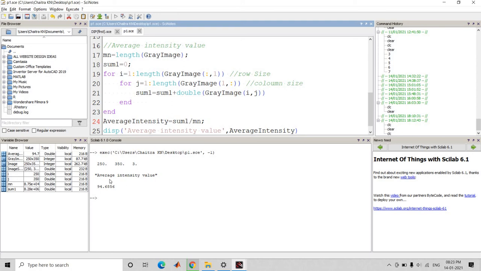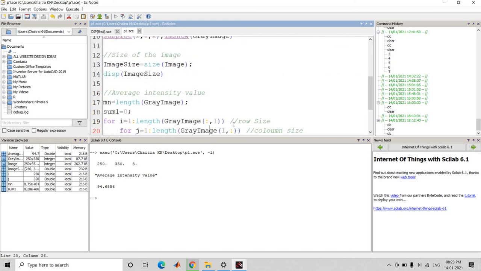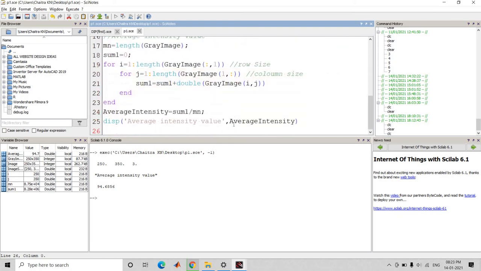Next you can see the average intensity value, that is 94.68. So 94.68 is the average intensity value of the loaded image. Now next, the second task is to calculate the maximum and minimum intensity value of the image. So for that,